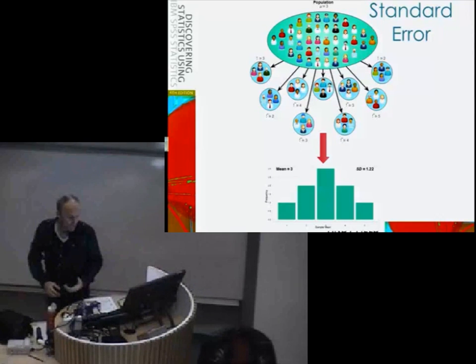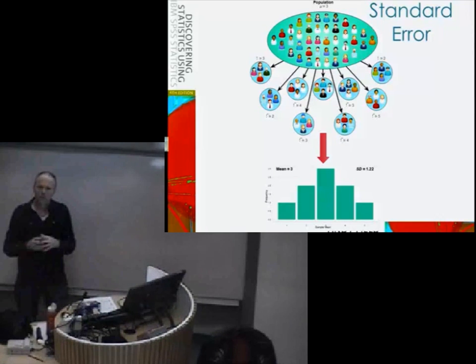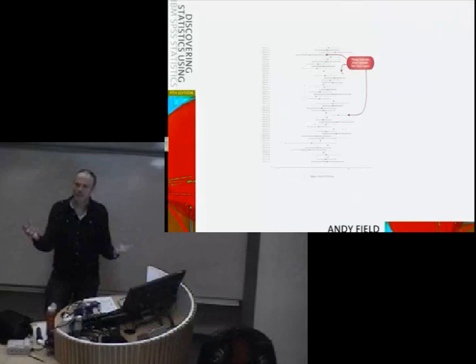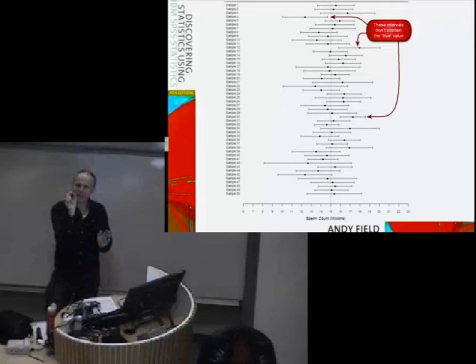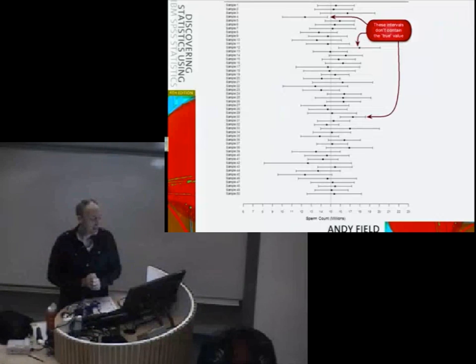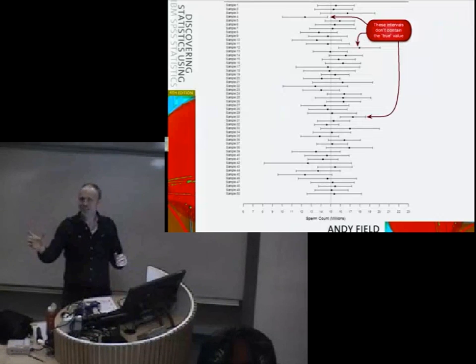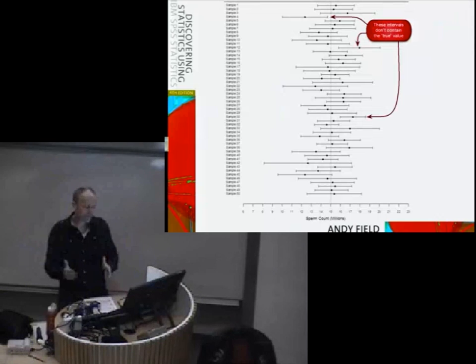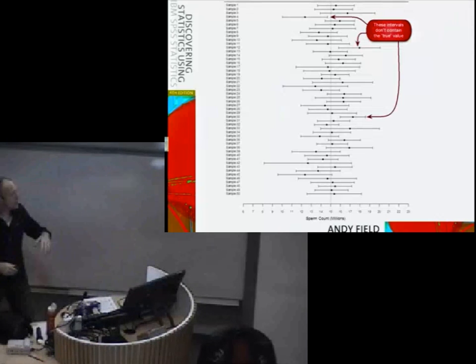Now, related to this are confidence intervals, because confidence intervals are really a way of expressing the standard error. So what you do is you take your sample estimate of the parameter. That could be a mean, it could be a regression coefficient, whatever. And then you add a couple of standard deviations either side, and it gives you this interval estimate. So this is an example of